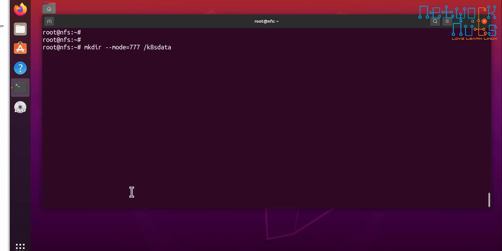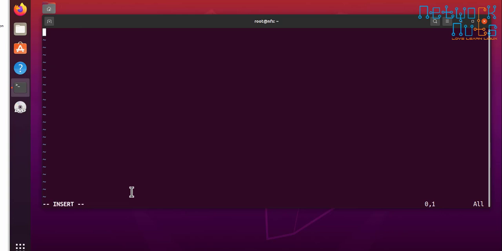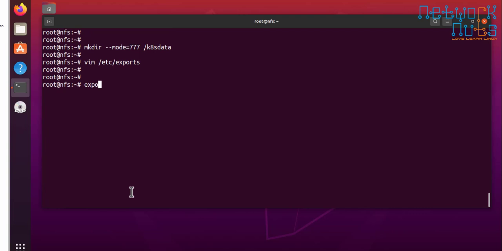I created a folder K8s data and put this entry in /etc/exports, right? Say K8s data, and for all the machines with very bare minimum permissions, I'm giving read, write, sync, no subtree check. That's all. Save and come out